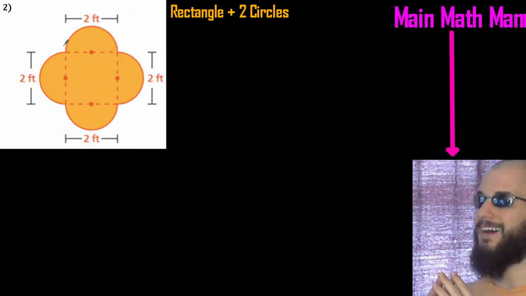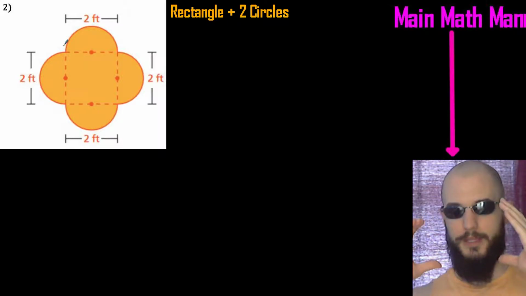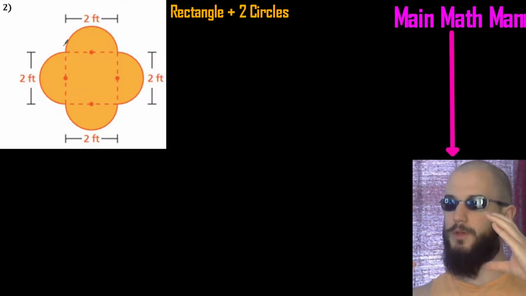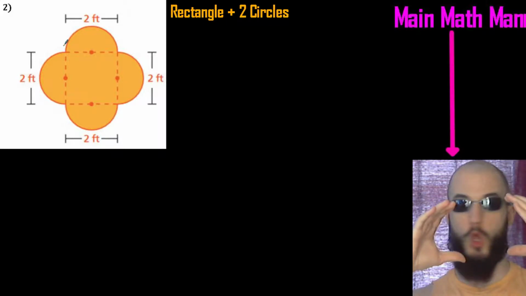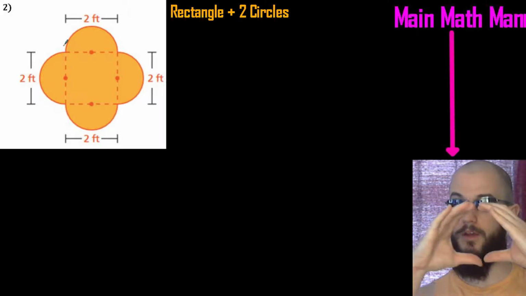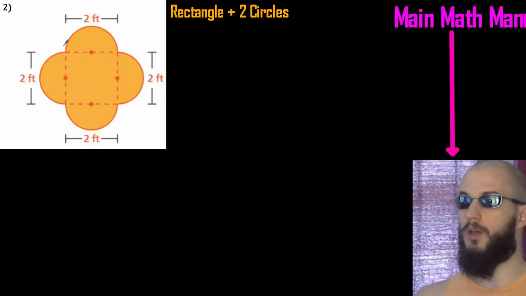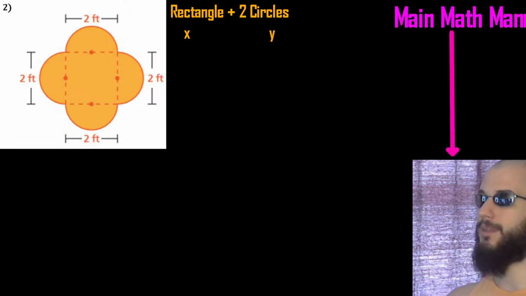Then you have some circles, and again, this part, when I was trying to explain to people, for some reason they got caught up on it. When you have half of a circle and another half of the circle, well, what happens when you put them together? You got a full circle. It was impressive, but yes, that forms now two full circles, and so we can label this as